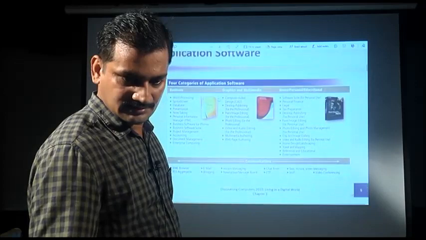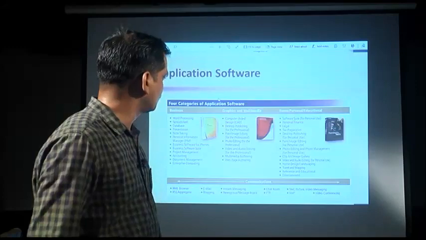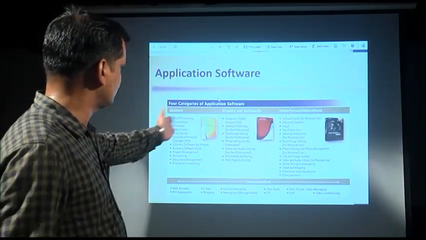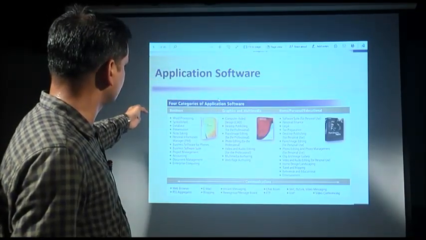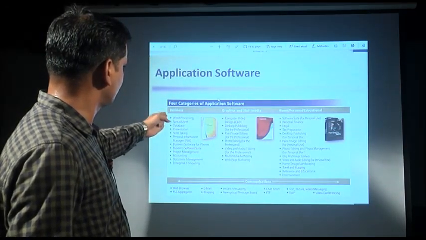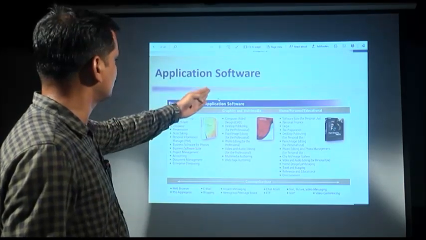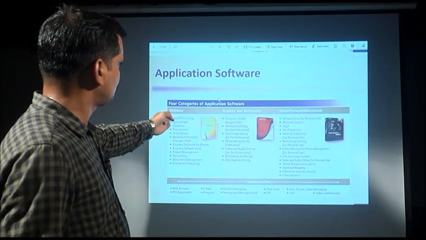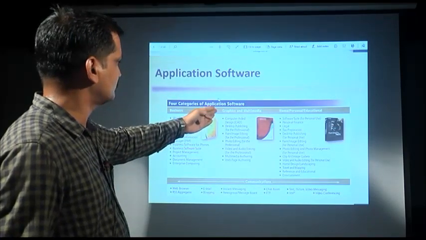Here we can see examples of application software, displayed category-wise. Some of the business software are word processing software, spreadsheet software, database, presentation, note taking, personal information manager, and business software for phones. For graphics and multimedia, there is software like CAD (computer aided design), desktop publishing, paint, image editing, photo editing, video and audio editing, multimedia authoring, and web page authoring.